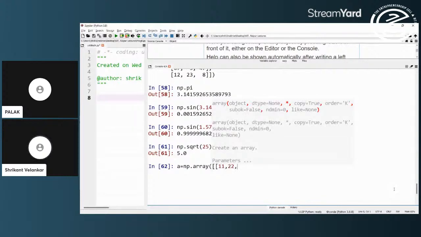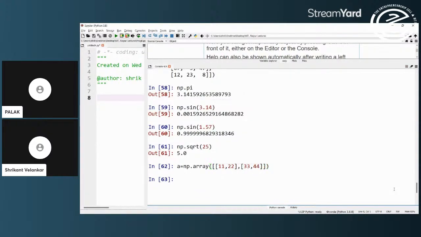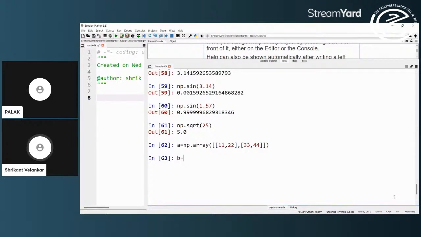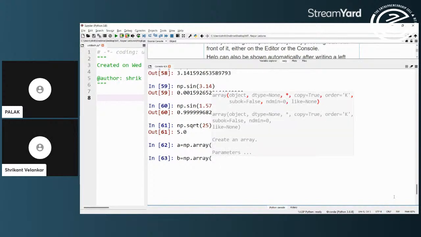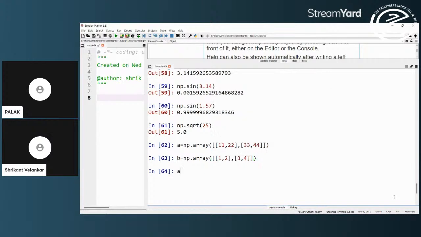11, 22, 33, 44. Okay, and B is equal to np.array 1, 2, 3, 4.